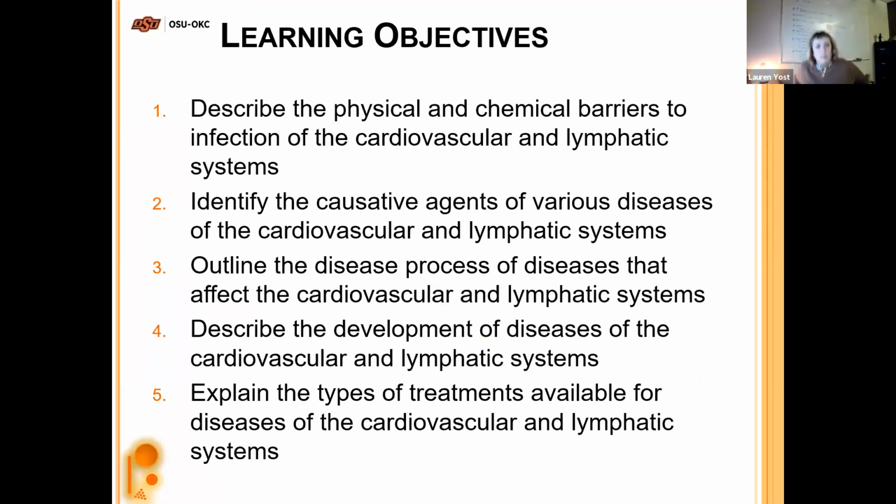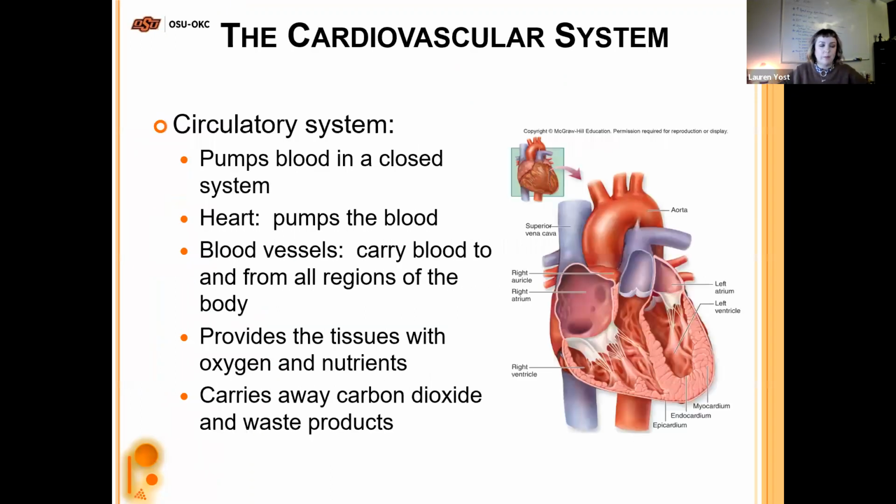What we're going to be doing is the same as what we did for 18 and 19, but for the cardiovascular system. So you guys know the circulatory system pumps the blood all around the body. The heart is the muscle that actually moves the blood. The blood vessels carry it. And you've got veins and arteries and then the capillaries. Basically that's how oxygen is going to get to everything, and it's going to carry away the carbon dioxide